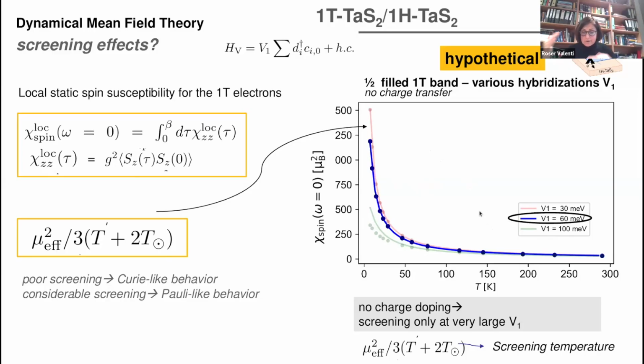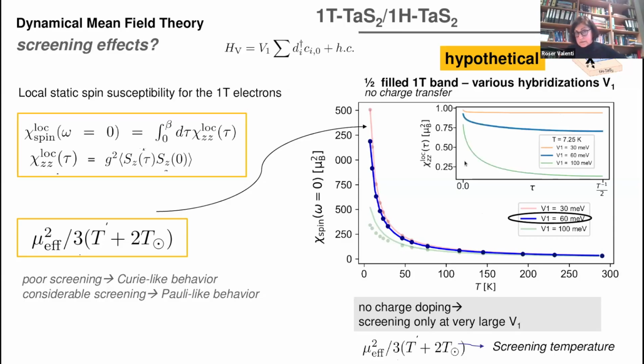On the other hand, if you remember, large hybridization means necessarily that the two layers have to be very nearby, so we will have charge transfer. So this is a very hypothetical type of possibility. And moreover, another way of seeing these screening effects is by looking at this local spin susceptibility as a